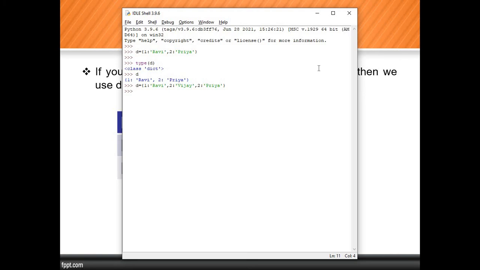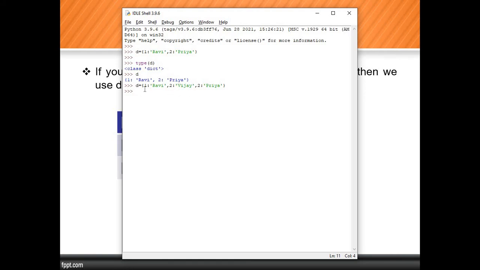Then what about the value? That means does it support the duplicate value? The answer is no, it does not support the duplicate value. The value will be overridden. Okay, so we all know that the compiler, so compiler नहीं होता इसके अंदर, the interpreter will start interpreting from left to right. ये कभी भी interpret कहाँ से होता है? Left to right होता है.